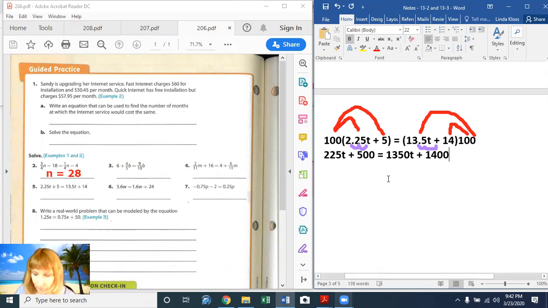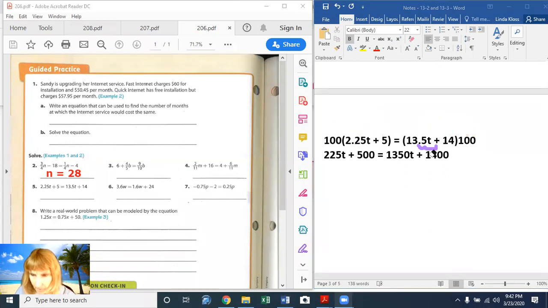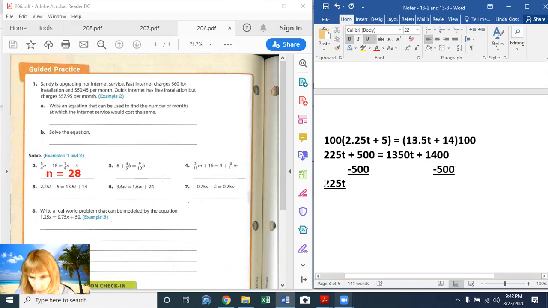And now it's just a regular problem. So we are going to get rid of some of these extra things now. We are going to move the 500 over to that side. So I'm going to use inverse operations, and I'm going to minus 500 from both sides. Minus 500. And when I do that, I get 225t. And feel free to do these ahead of me if you'd like to if you're watching on video here. Plus 0, so we're just going to leave that off, is going to equal, let's move it down here so we can see that,